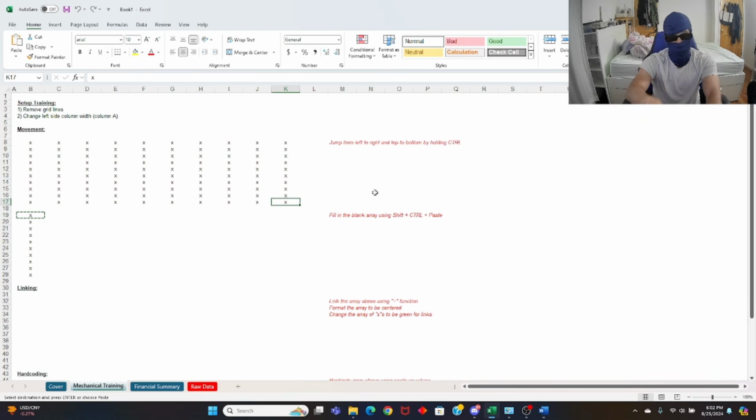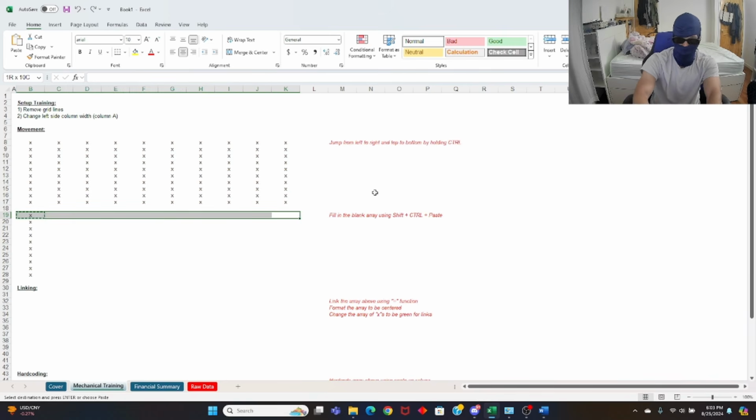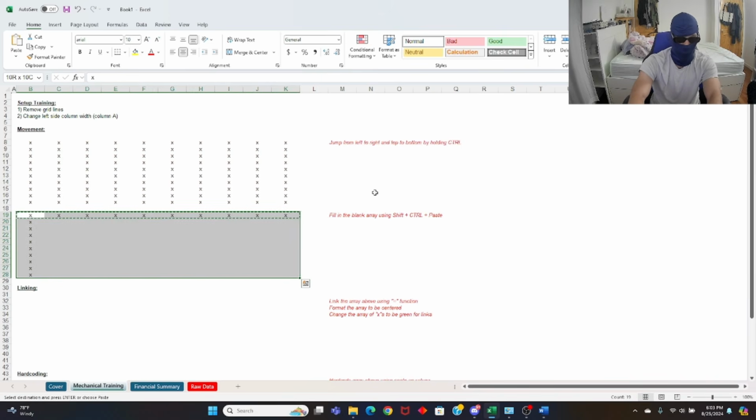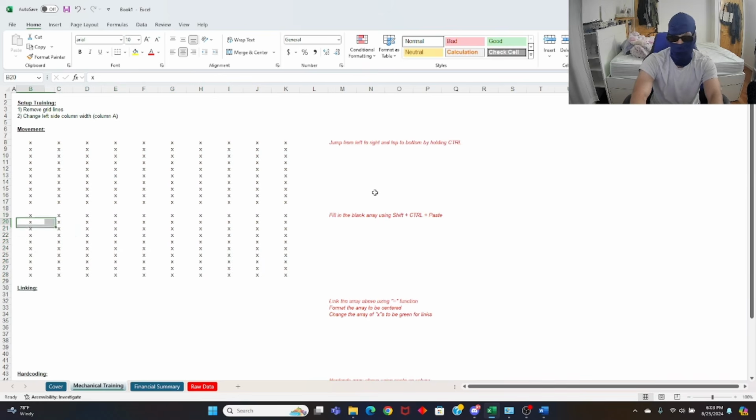You're going to skip there, and then you're going to come here, go down, hold control shift, go back to the left, and then click control V. And it looked really slow, but once you get fast at it, this is what it should look like. And you come back here, control, arrow key to the left. Now, control shift, arrow key to the right, copy, go down, paste. And now you have all these X values.